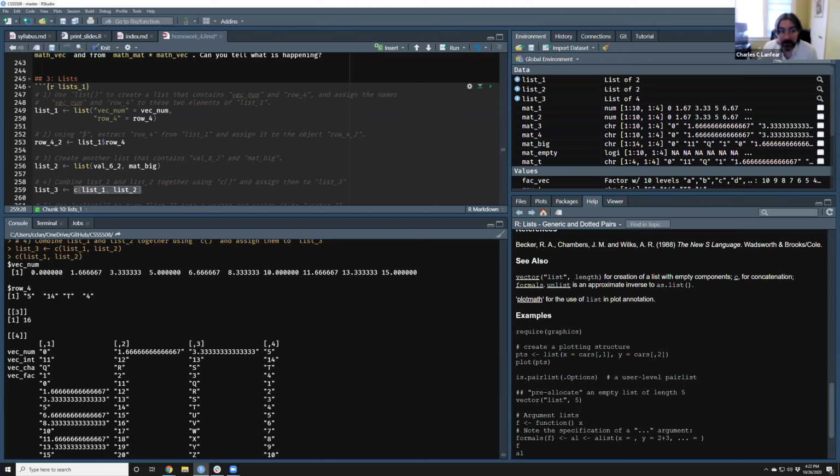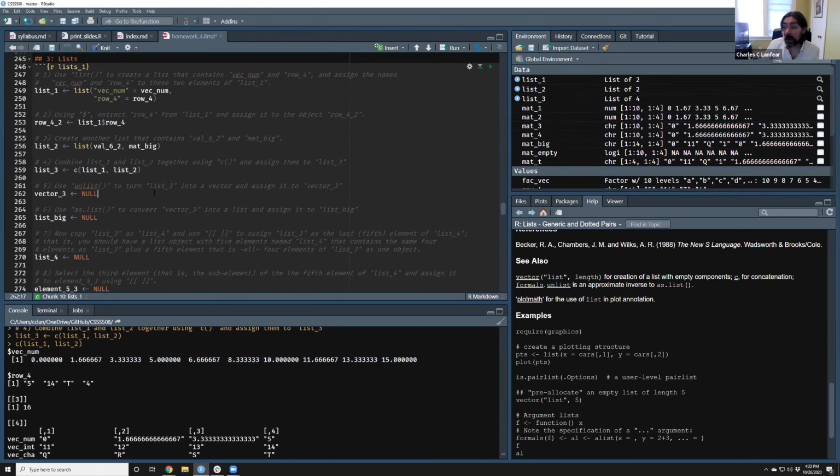So combining things with C when they're lists can be confusing and weird, but it works exactly the same way as combining things with standard vectors. You just have to remember with a list, this vector, for instance, is one element from the list, even though it has itself many elements. Okay, lists are weird, right?